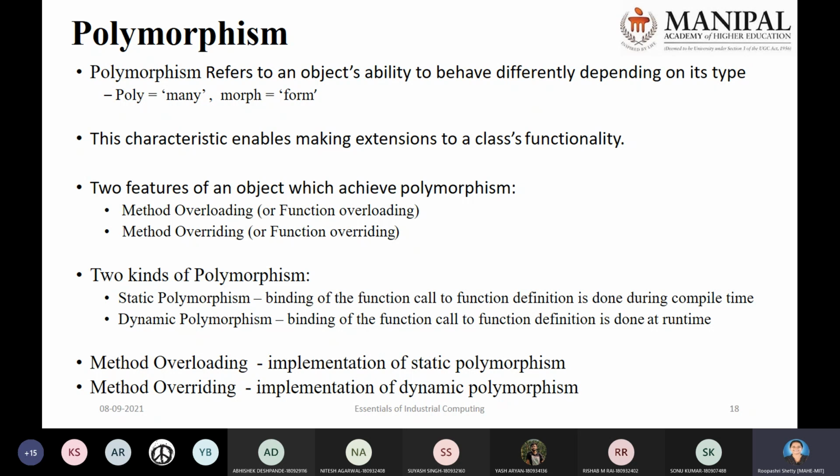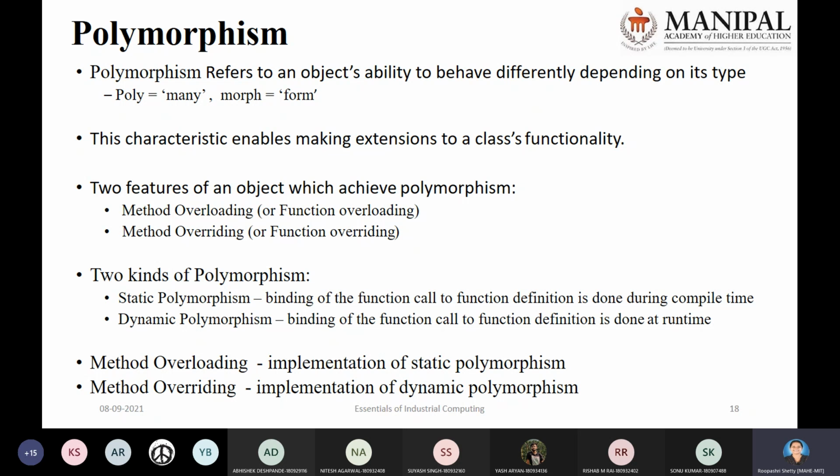So the time when this binding happens, when you make a function call, the binding of that function call to the function definition happens during compile time in case of static polymorphism, and when it happens during runtime it is called dynamic polymorphism. So when your program is executed and your execution control reaches the function call, if that binding happens during compile time, then it is called static polymorphism. And if that binding happens during runtime, it is called